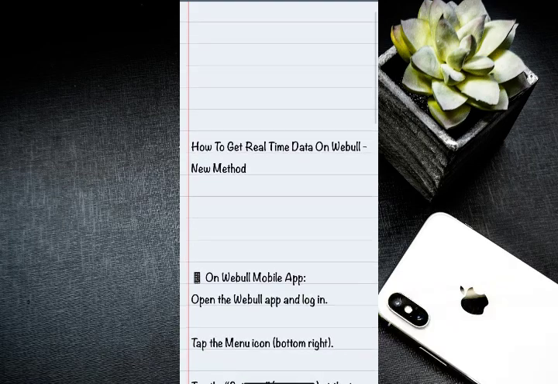In this video I'm going to walk you through an easy step-by-step guide on how to get real-time data on Webull. So to get started with the guide, make sure you watch the video to the very end so you